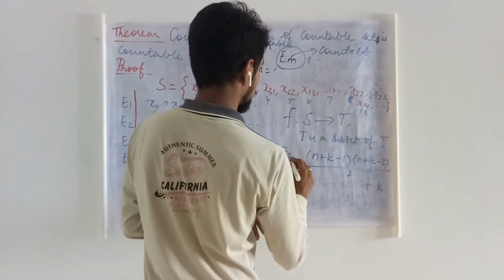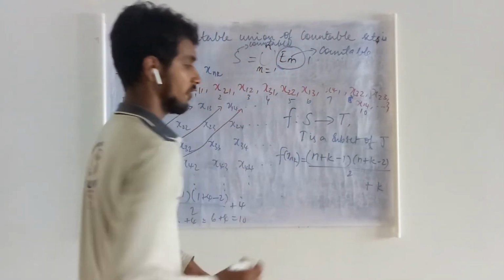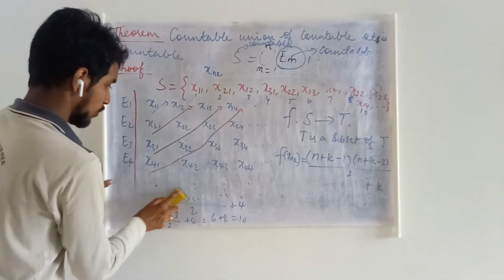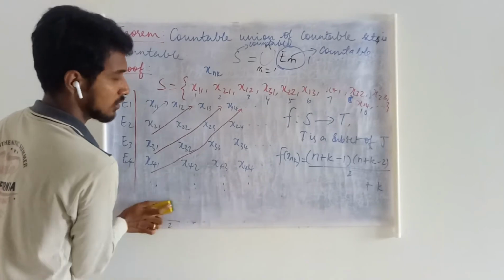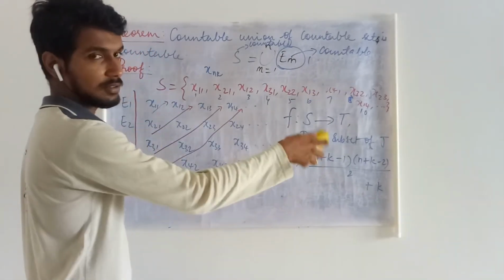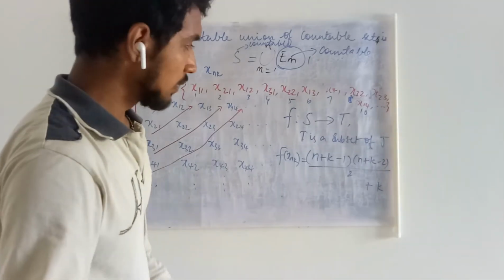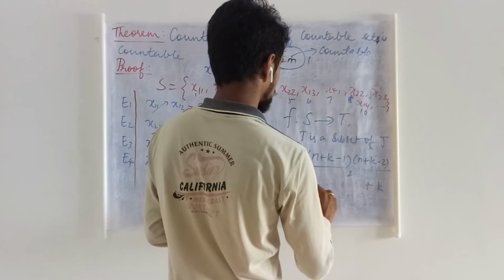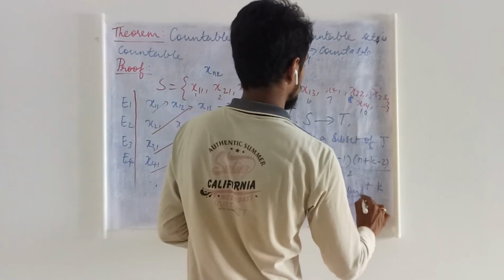Okay, so if you define a mapping like this, suppose you do not have x23 here, that will not be mapped with 9 by this means. Okay, so this mapping is going to be 1 1 and onto